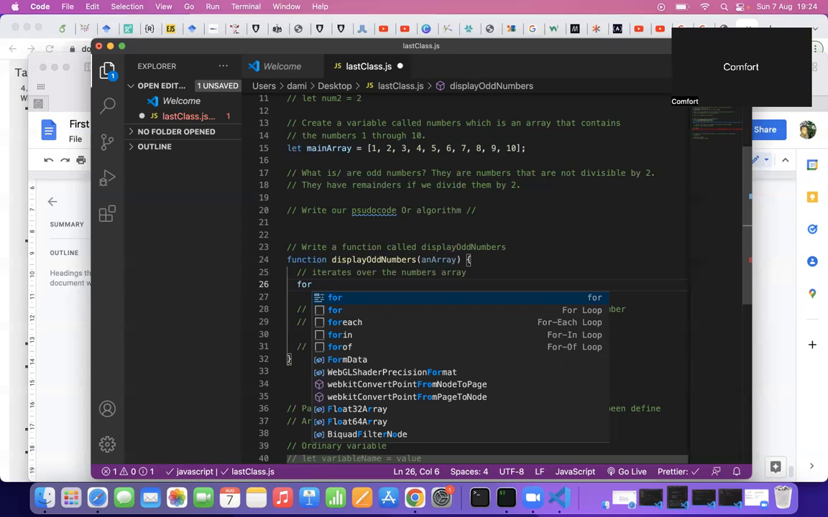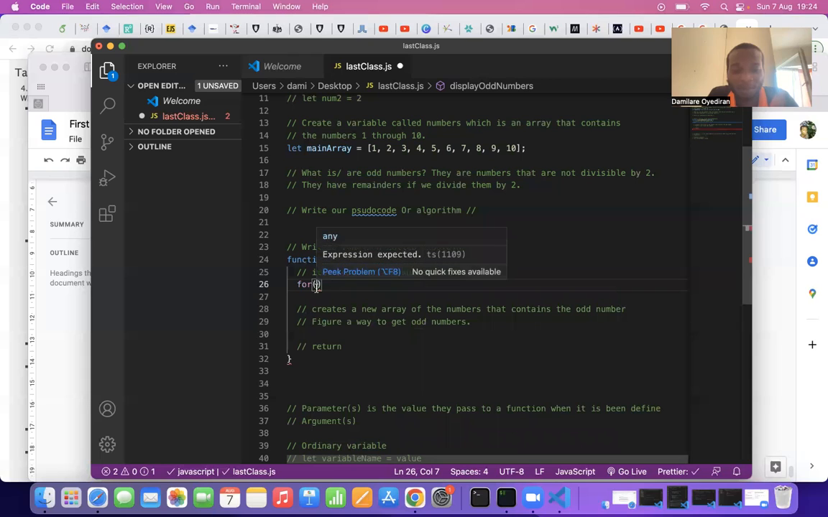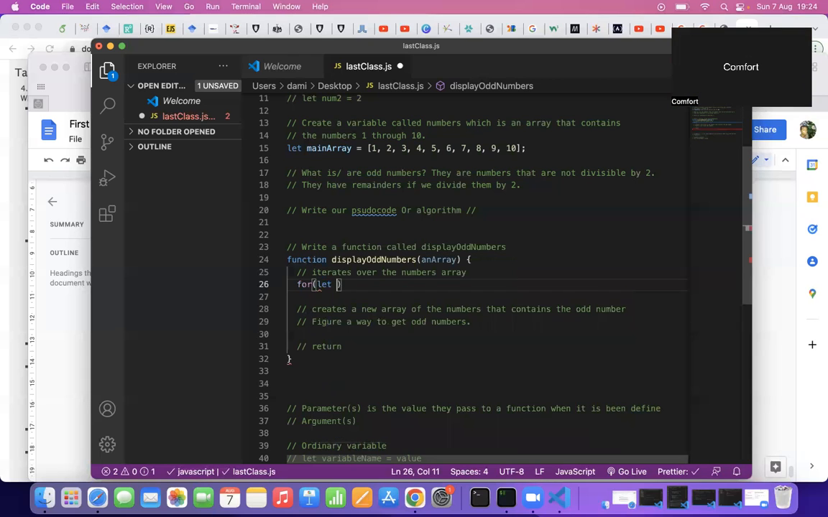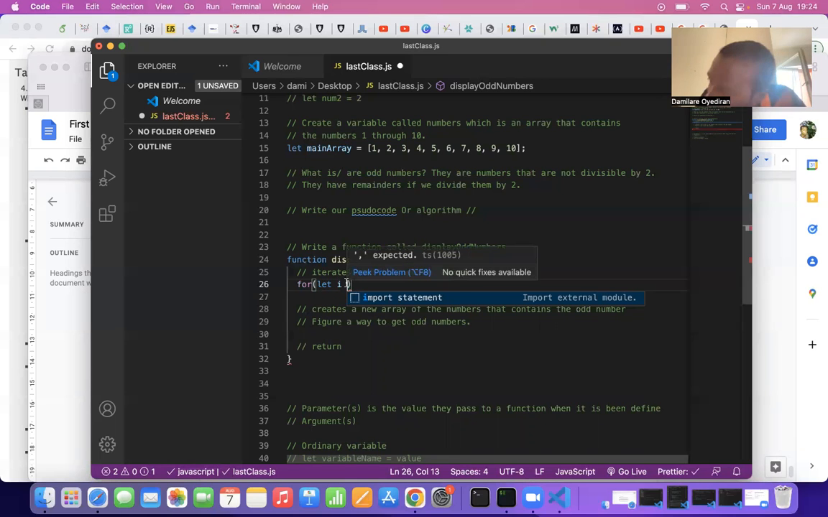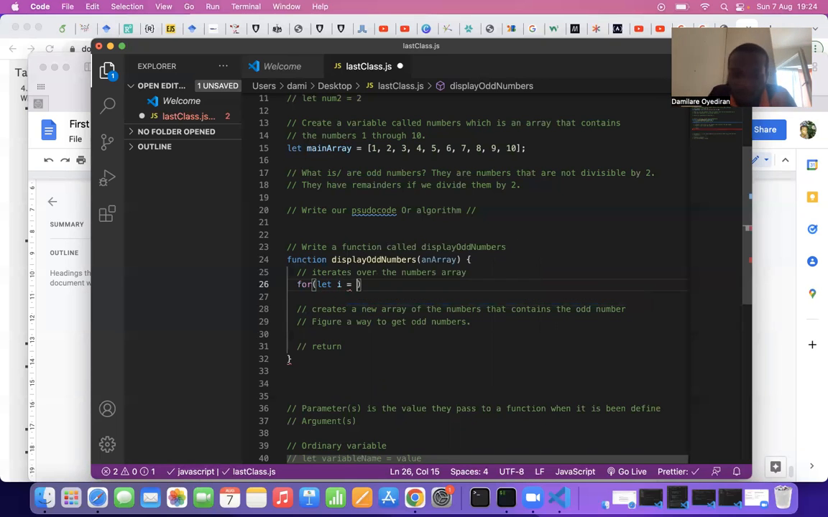To remember, we, do you want me to Google search it? We do something like let i, so let me help you. We have this bracket also. Then let i equal to, okay, if we are starting from the first one, so we use 0 because